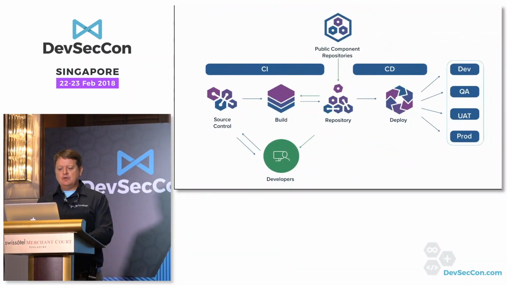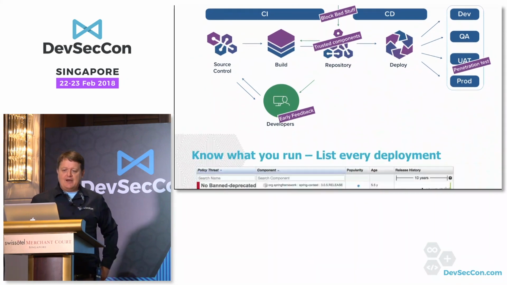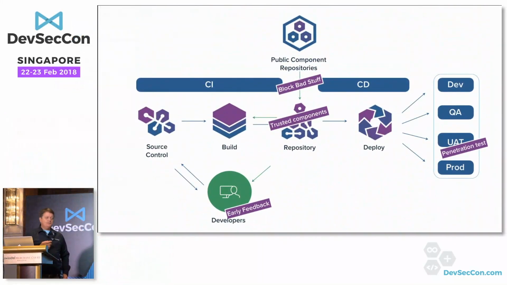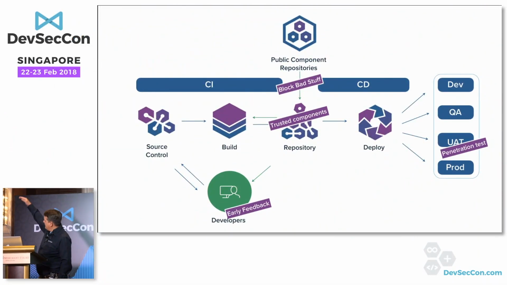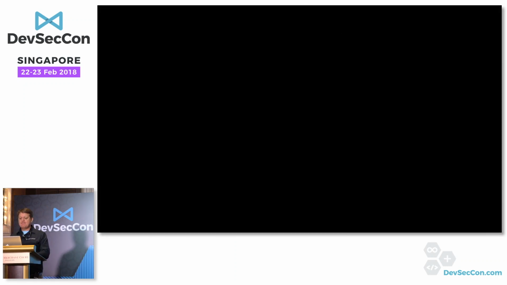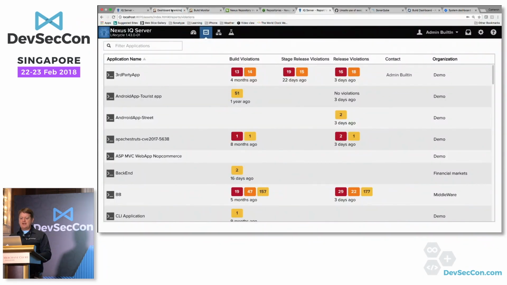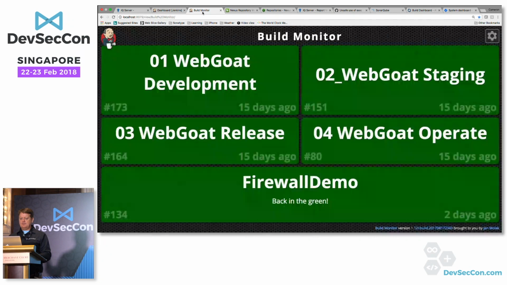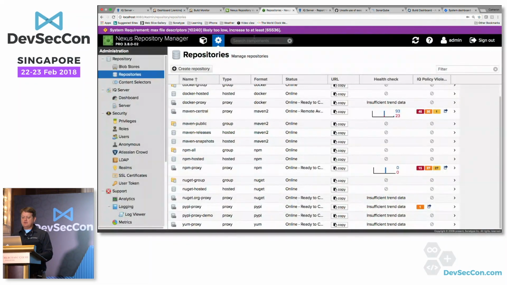So I'll show you how we do that in our tool. What we can do is we can actually automate the process of you bringing in components into your organization, even blocking them from being brought into the repository in the first place. What I'll do is I'll show you how we do that. I'm going to do a Jenkins here. This is a popular tool for building software. And what I'm going to do is I'm actually going to block a component coming in.